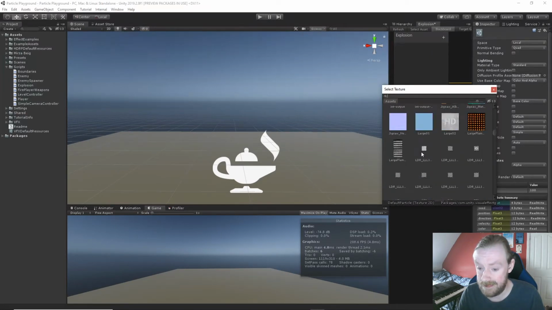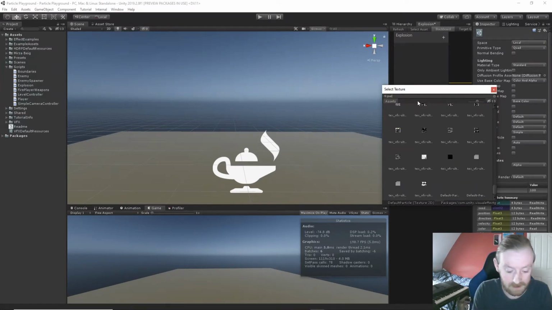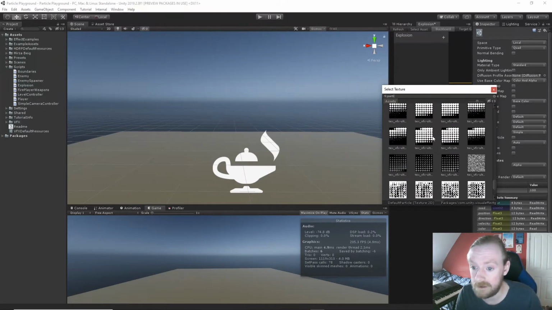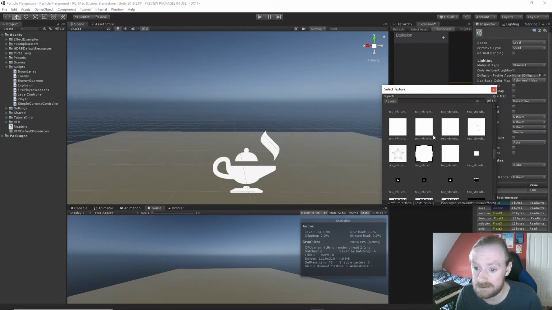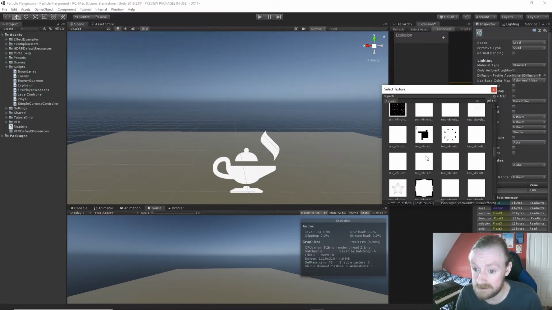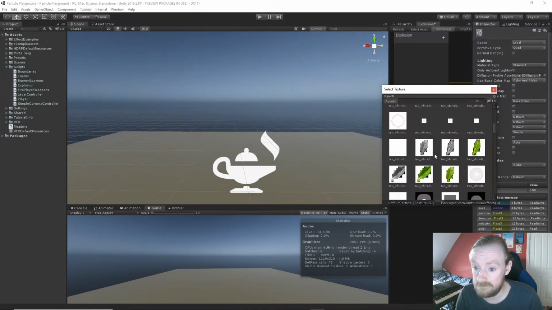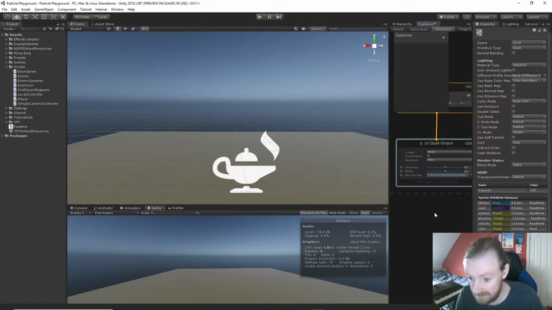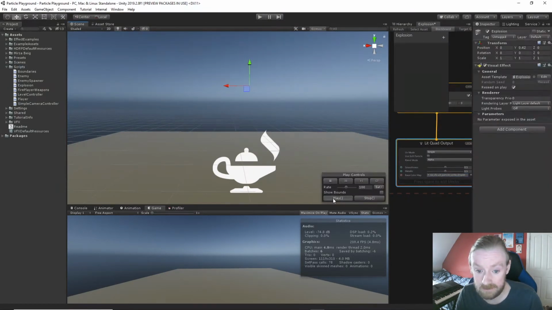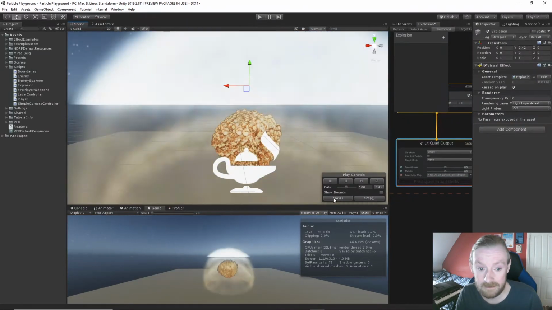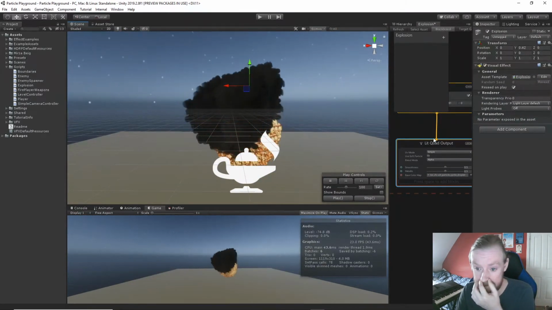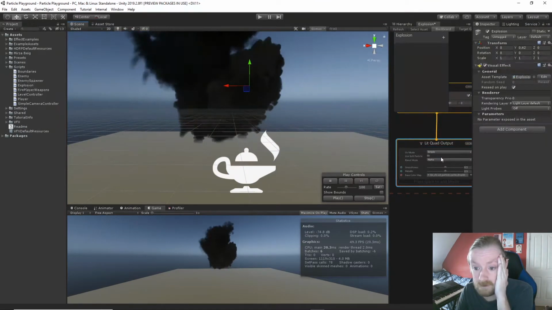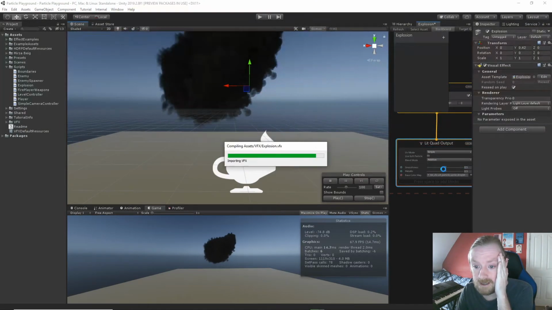A lot of alpha stuff. So it's particle. What do we got here? I don't want the flipbook maps. I'm just looking for something like that, maybe. Sprite droplet. If I hit play, they fly out. If I put them to additive,